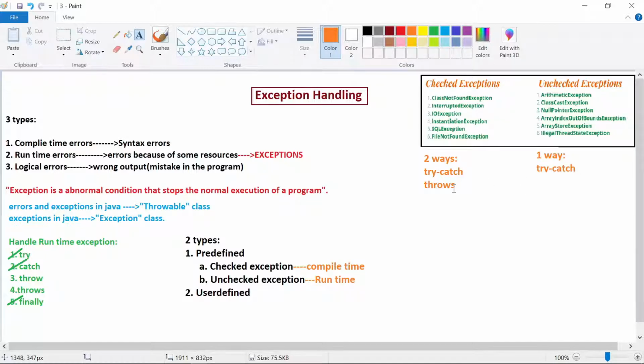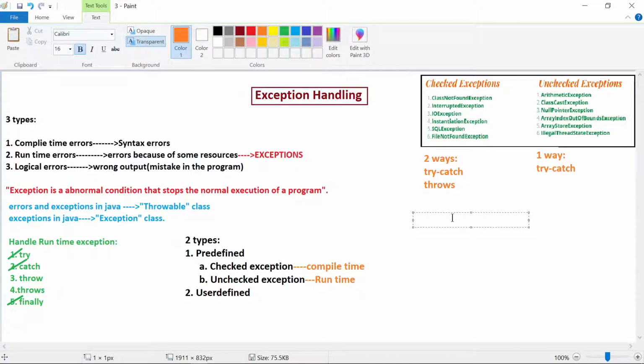Got it? Now we need to understand how these throws can be used. Whenever you want to use throws, instead of writing try and catch, you can use the throws keyword. Note down all of you, what is this throws. So let us see about this throws keyword now. So third one is throws. Now, if you want to use this throws keyword, always remember, if you are handling predefined exceptions, you can use the throws keyword only for the checked exceptions. For unchecked exceptions, you can't use this throws keyword. That you need to make a note, all of you.